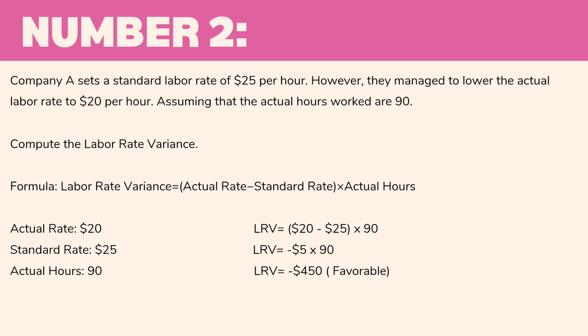So, $20 minus $25 equals negative $5, times 90 hours, equals negative $450. The labor variance is considered favorable, and this indicates that the company paid $5 per hour less than the standard rate, resulting in